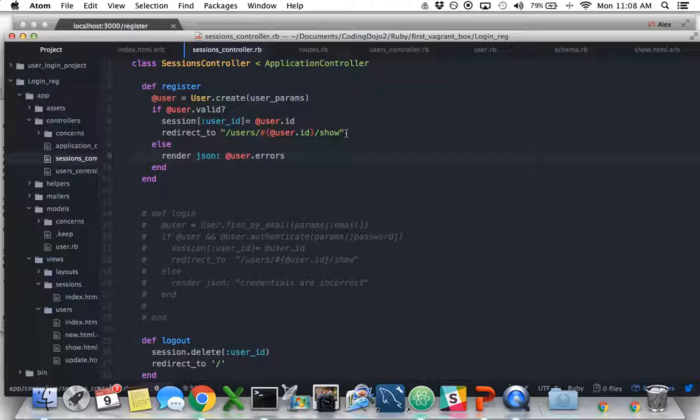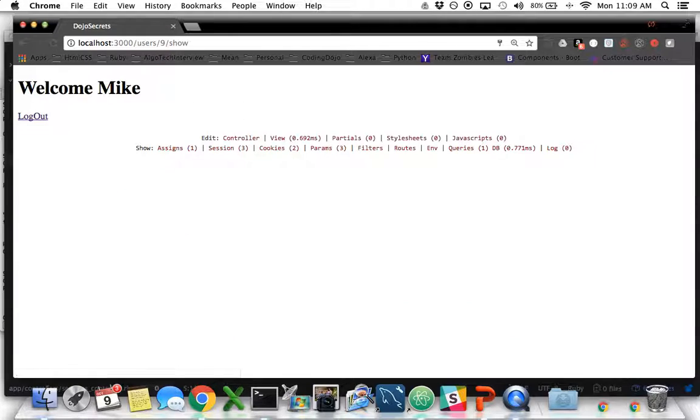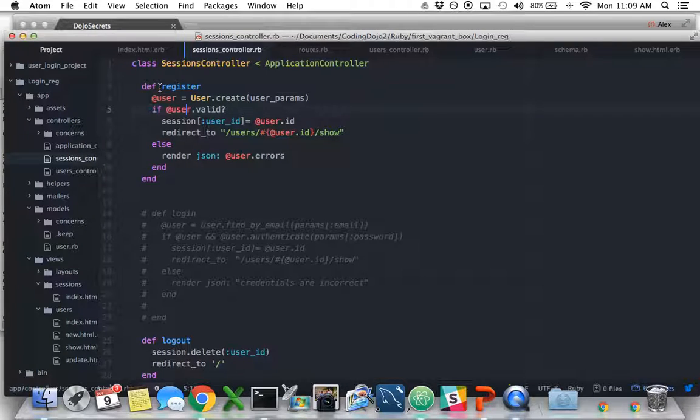So let's see what happens if we actually put in good data. Let's say Mike. Let's say his last name is Mike. First and last name Mike. Gmail.com. Make a password for him. We submit it. So now, since the information was valid, it took me to this page, which is what the controller did. So I put in valid information into my index page, and now it's going to redirect